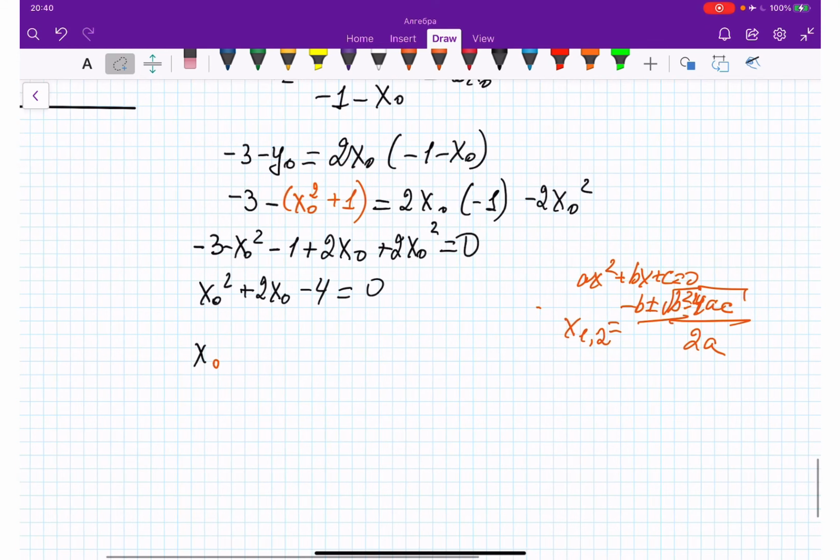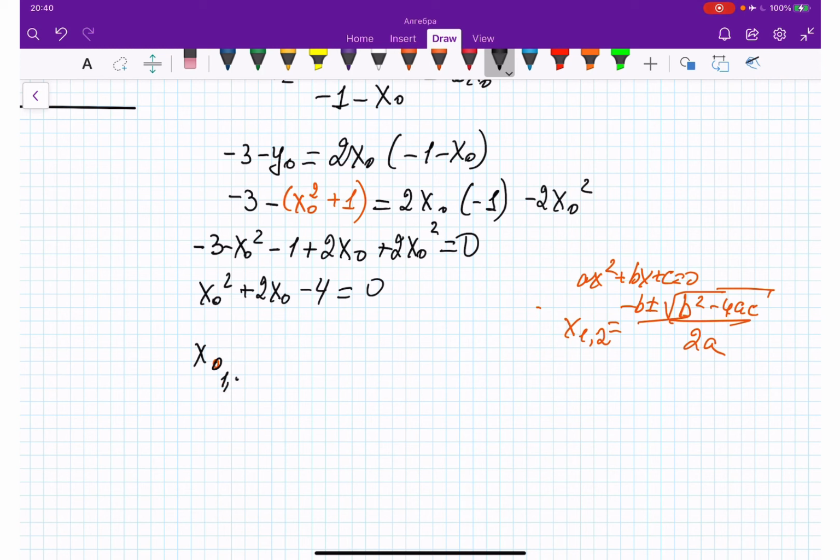Is it readable? I don't think so. Okay. For AC. Okay. So from here,